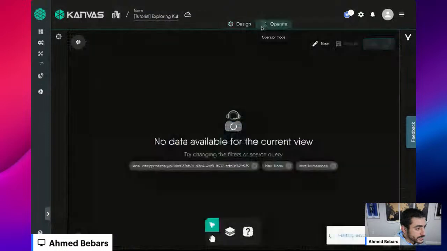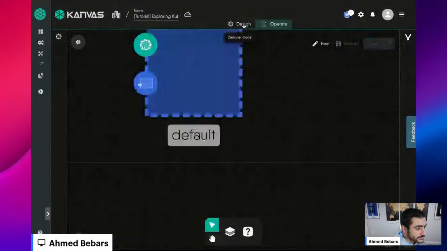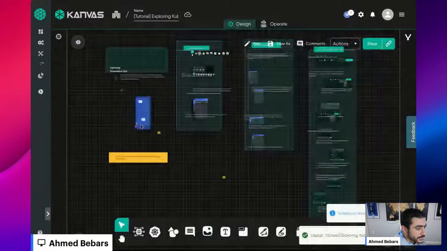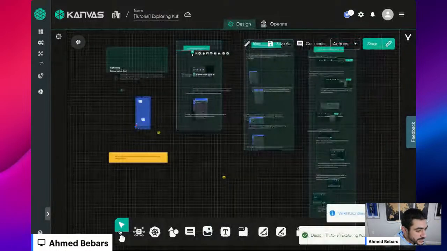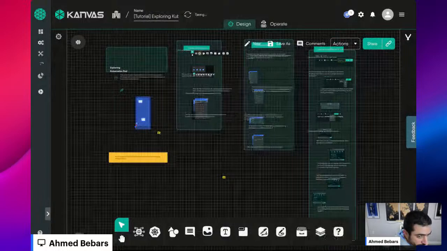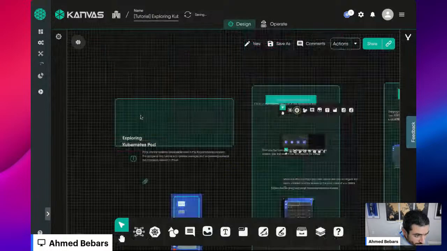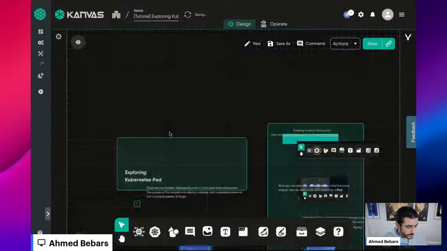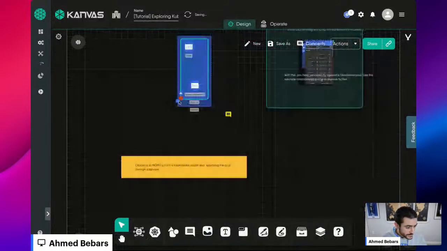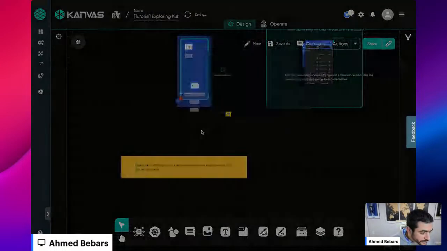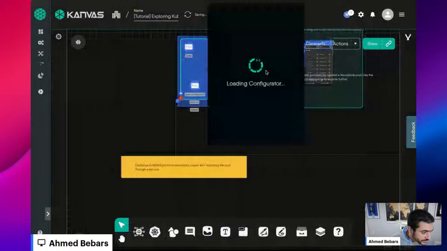So I'm going to hit cancel. I'm going to hit design again and click OK. So this is the design that I'm looking for. And if I zoom in a bit and see if we can get into here. So let's try to fix this spec container. Body, yes. Container required value. Okay, so